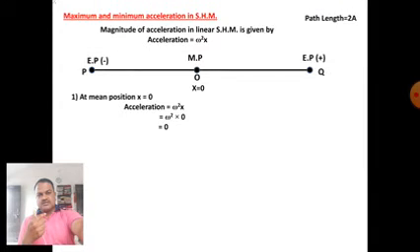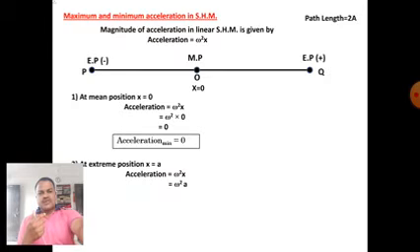This is nothing but minimum acceleration, we call it the minimum acceleration. So at the extreme position x is equal to a, put the value of x equal to a in the above equation, acceleration is equal to omega square x. So therefore automatically the formula arises, acceleration is equal to omega square a.